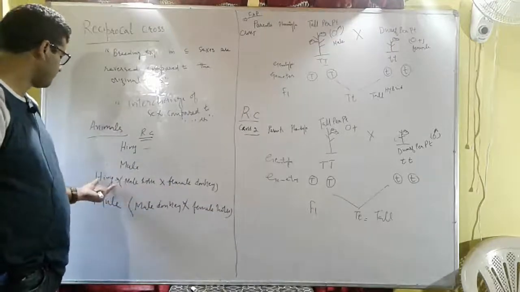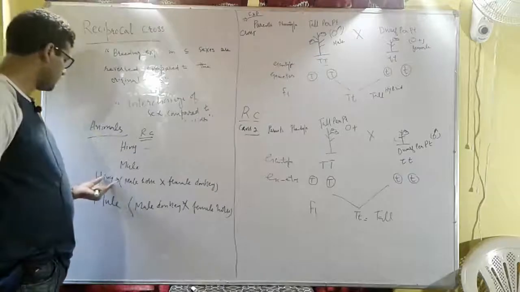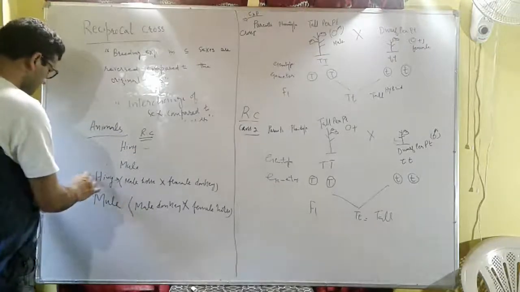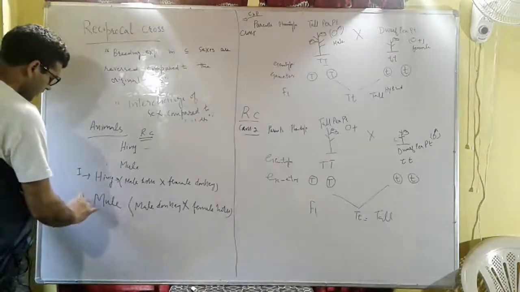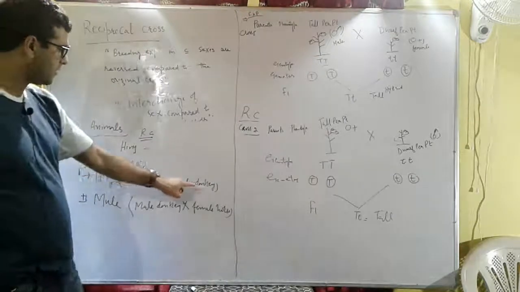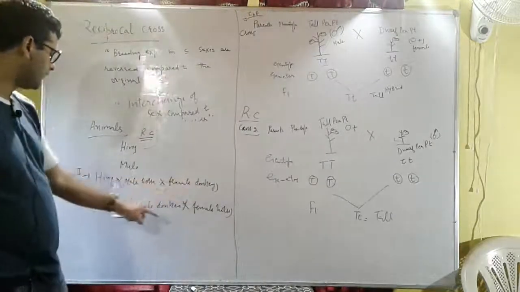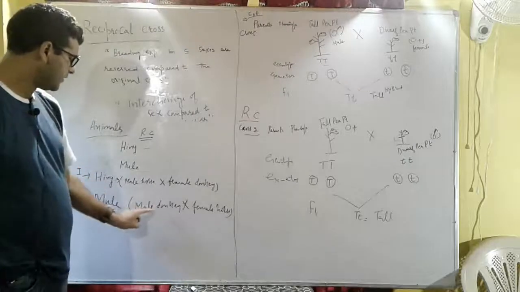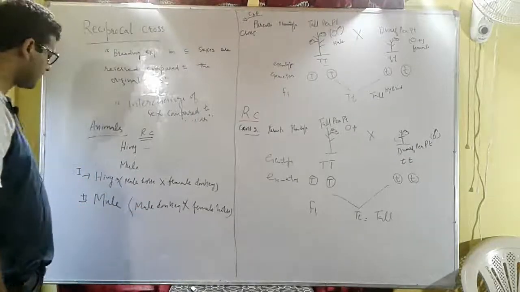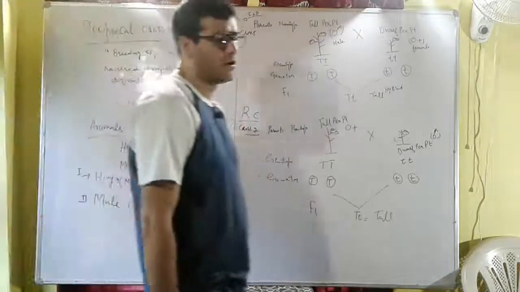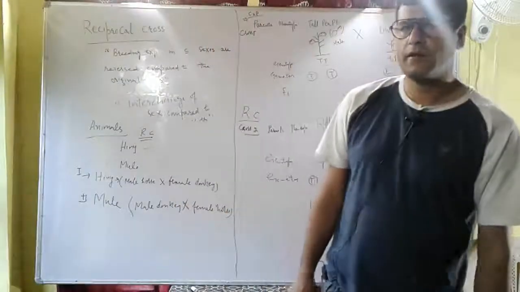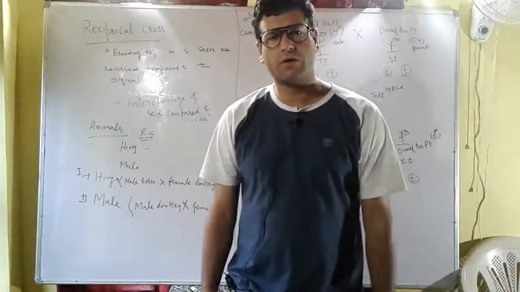In the first cross the donkey is female, and in the second cross the donkey is male. So we can say that the hinny and the mule are the outcome of reciprocal crosses,